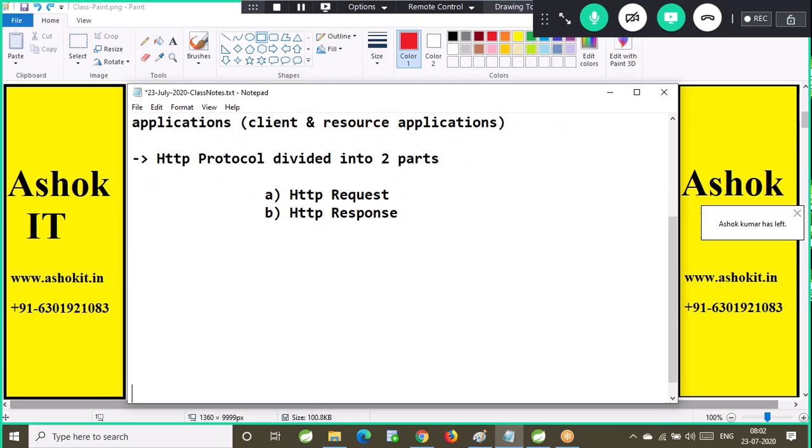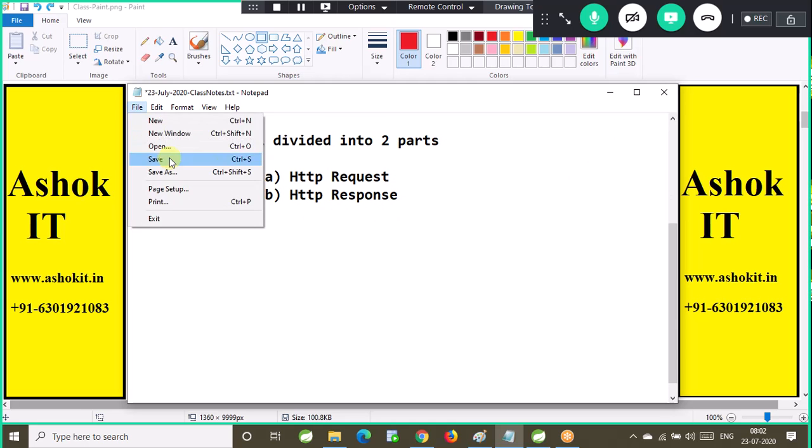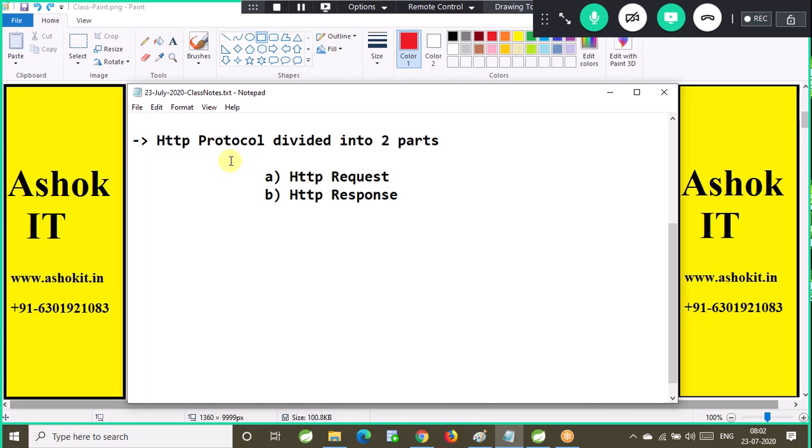When we are talking about the HTTP protocol, we will discuss HTTP methods, HTTP versions, status codes, status messages. Along with that, we need to discuss HTTP request and HTTP response also. Now, HTTP request is again divided into five parts.